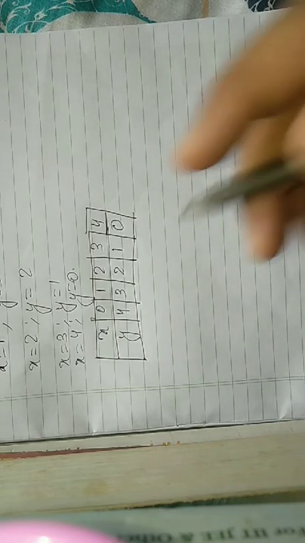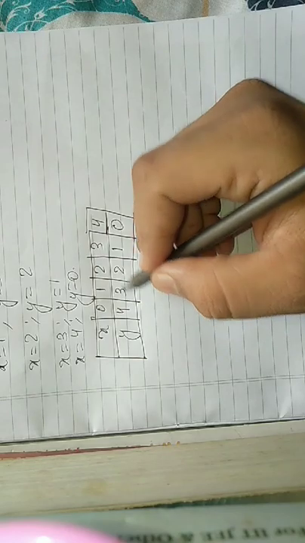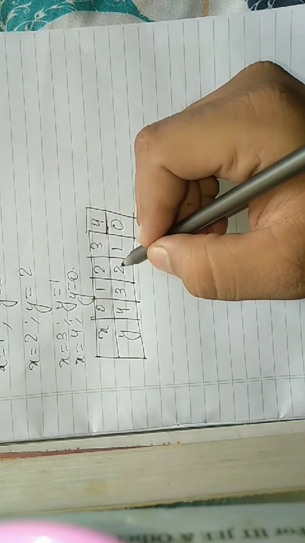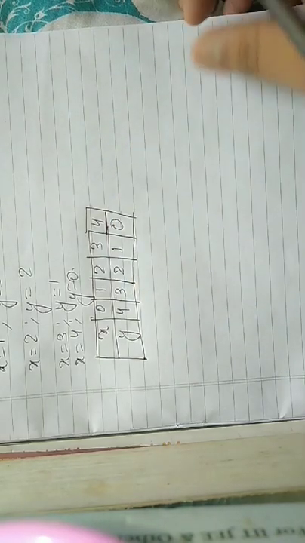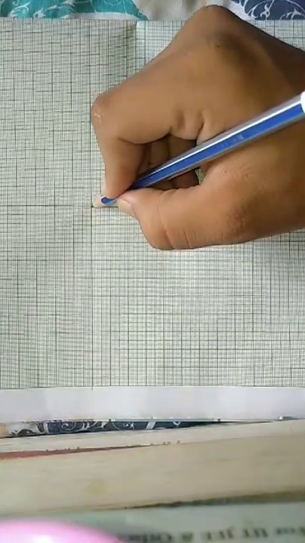Now we will be plotting it. So we got these values: 0, 4, 1, 3, 2, 2. So we will select the first three values and we will plot them. So let's plot 0, 4. You see, students, we need to divide this, right? This is 0 and this is your x-axis.